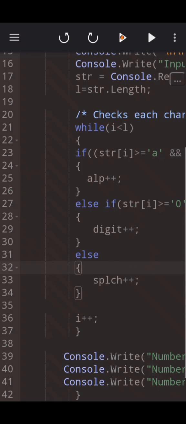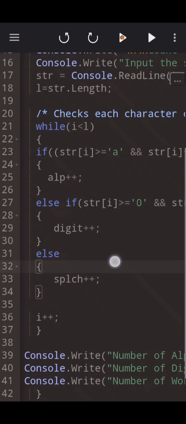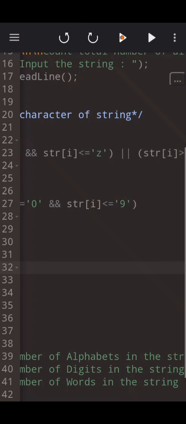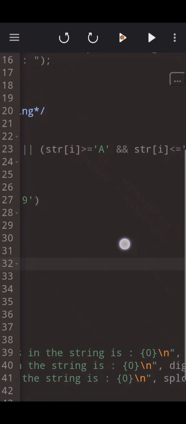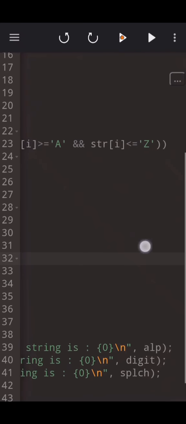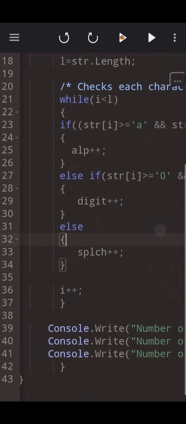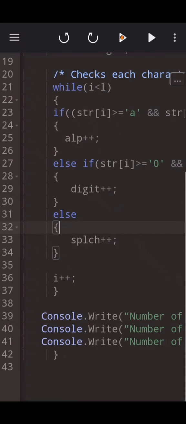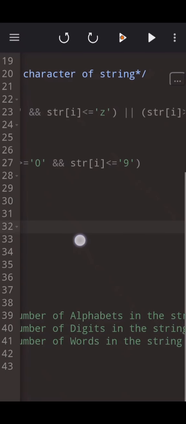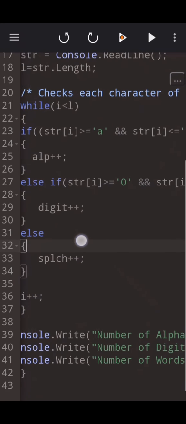while i is less than l, if str[i] is greater than or equal to small letter a and str[i] is less than or equal to small letter z, or str[i] is greater than or equal to big letter A and str[i] is less than or equal to big letter Z, alp plus plus; else if str[i] is greater than or equal to 0 and str[i] is less than or equal to 9. In this part, it is all about digit. Else,